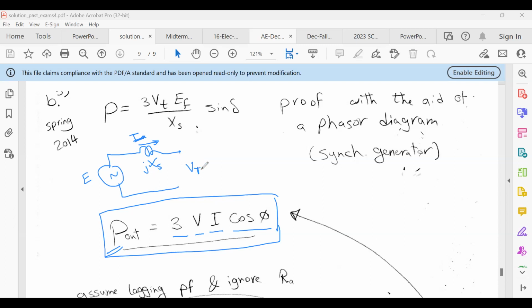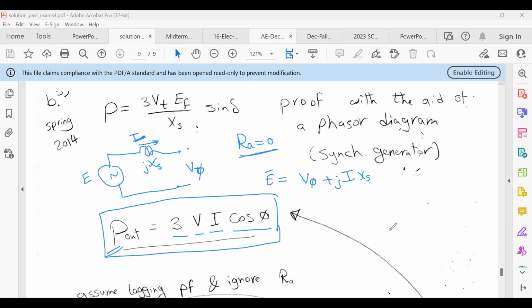Sometimes we call this V terminal, or you can call it V_P because it's AC. From this, as you can see, I ignored the armature resistance. This is a valid assumption. So from this, the E, of course in phasor form, equals V plus I